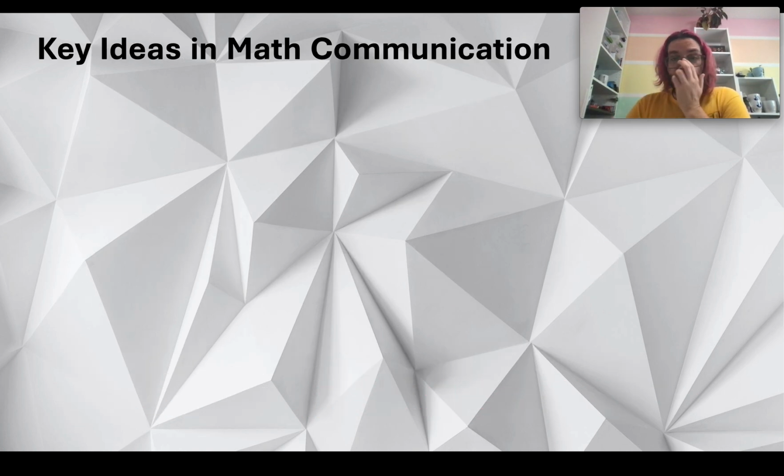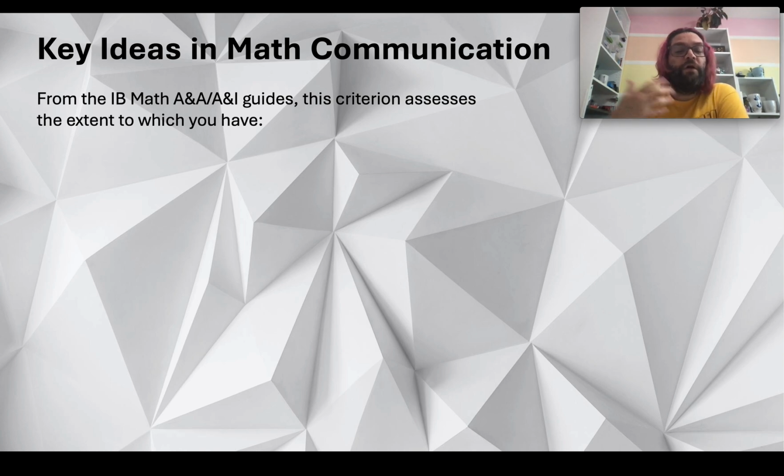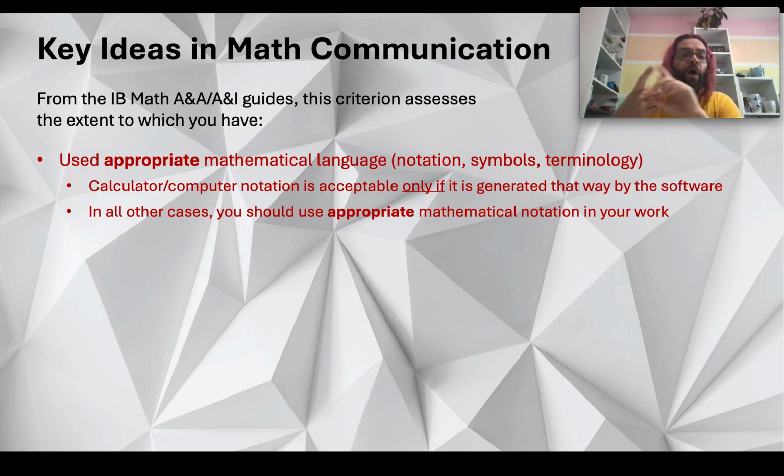So now the key ideas in mathematical communication. When we look at the guides from the IB, both for AA and for AI, the guides say that it assesses 4 different things. First, have you used, and you're going to see the word appropriate everywhere. So remember that appropriate means that you're using the proper terms, the proper notation, the proper language. So first of all, did you use appropriate mathematical language? So were your notations,